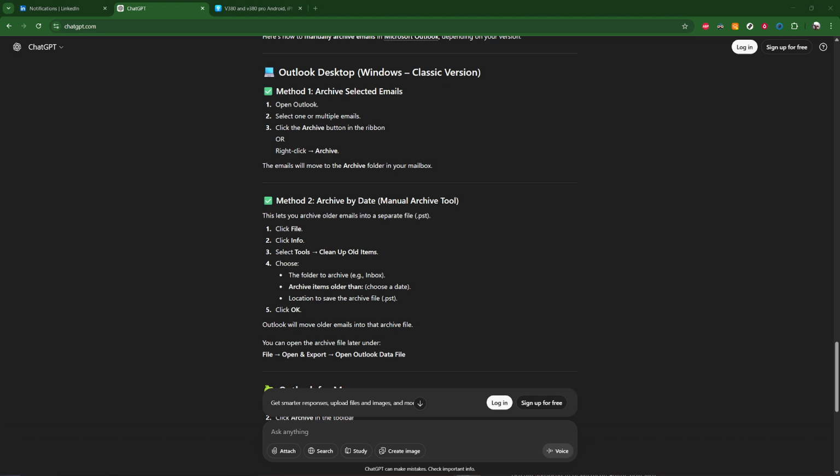After you click, your inbox will look a little lighter, and the emails you archived won't be gone. They're simply stored in that archive folder on the left side of your folder list. Because the archive folder is part of your mailbox, those messages remain fully searchable, available on other devices where you use Outlook, and preserved with their